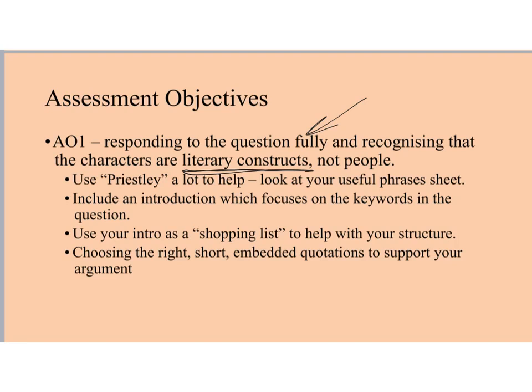Okay, now reading some of your essays, very, very quickly, the Priestley references drop, and you start explaining to me what Gerald's like, or what Sheila thinks, or what then happens to Eric, as if this was an actual historical event. So if you count how many times you've used the term Priestley, try and use Priestley, say twice per paragraph, with those sentence starters such as Priestley could suggest, Priestley may convey, Priestley may be using this to symbolise,